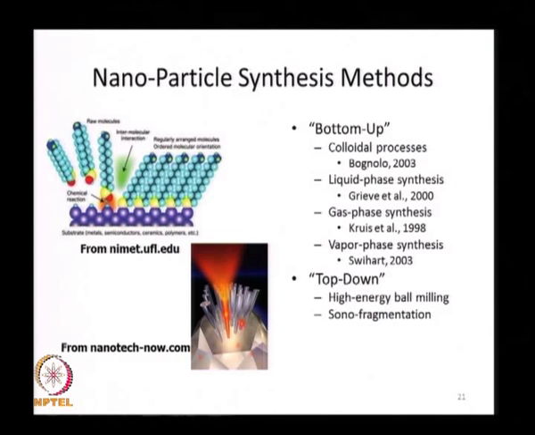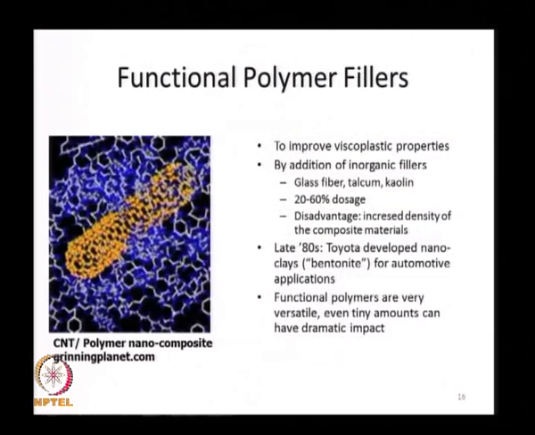So, what are the two basic types of synthesis methods, bottom up and top down? The difference between the two is that in the bottom up approach, essentially you take atoms or molecules and you tie them together to make nanomaterials. So, it is essentially an assembly process, very much like what is done in nature,